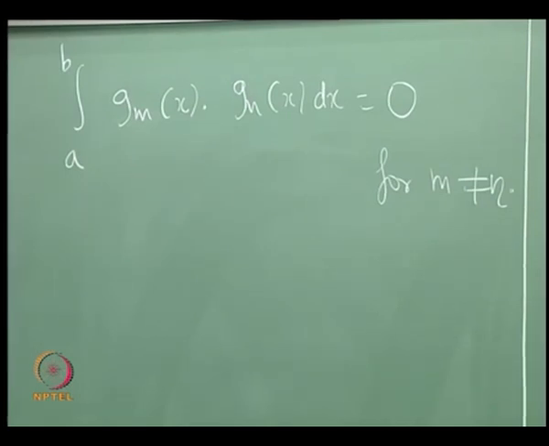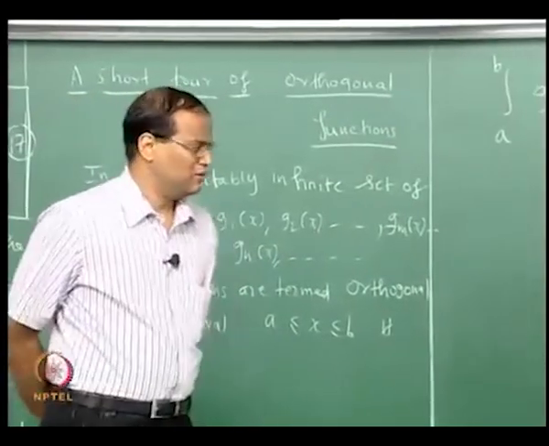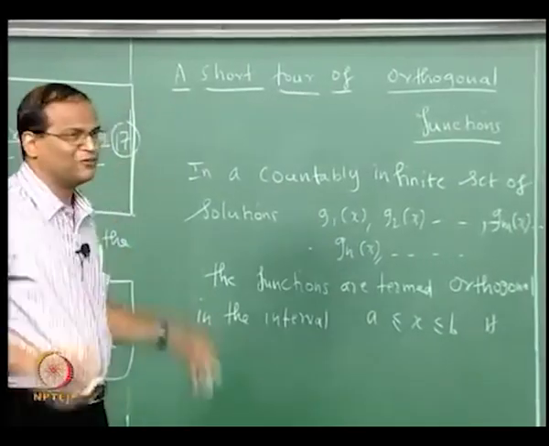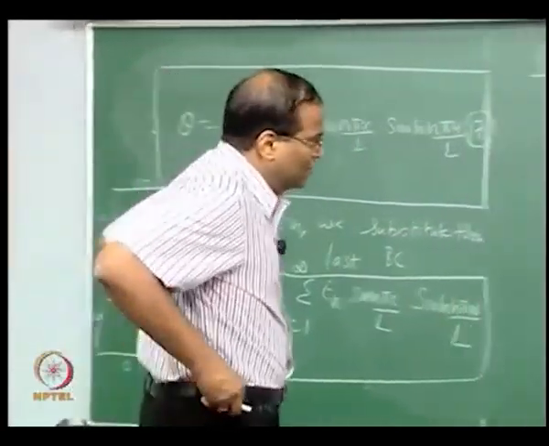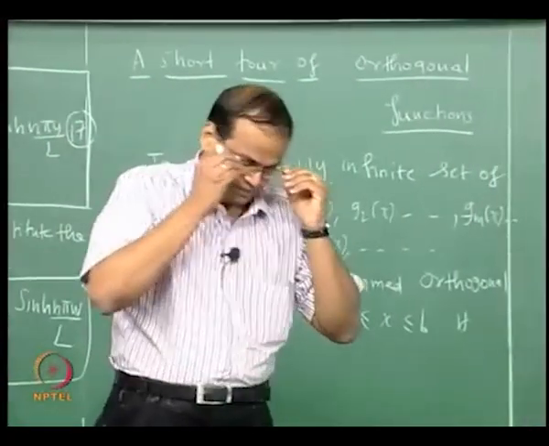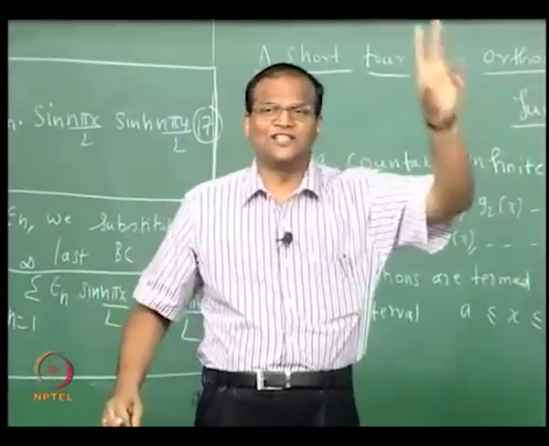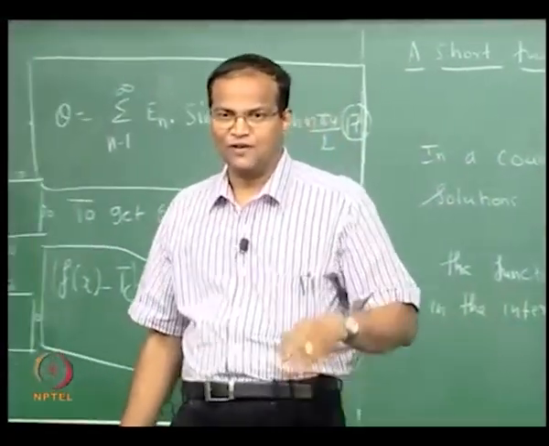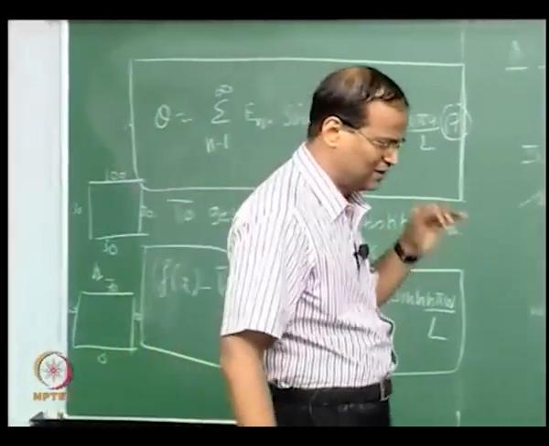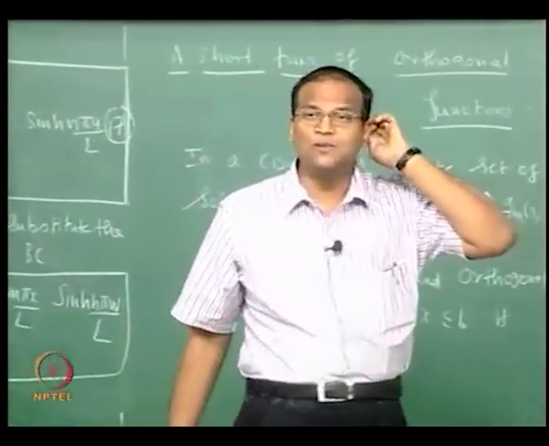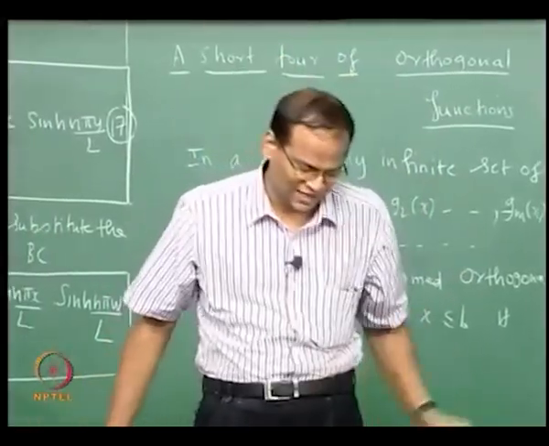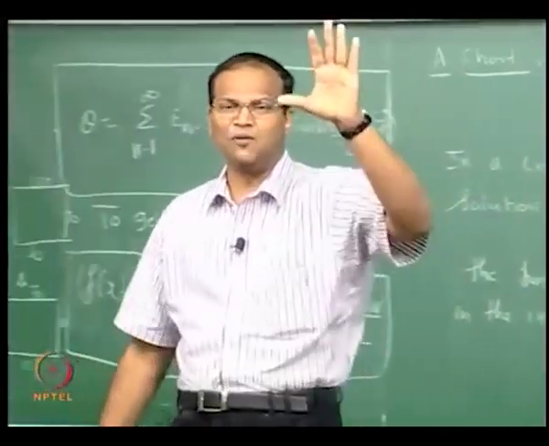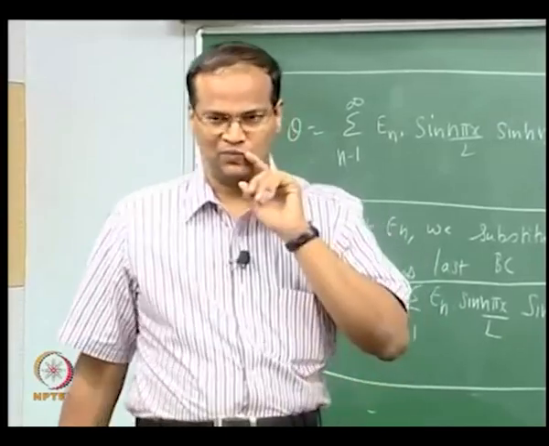okay. Now what is the big deal about it? They found some functions g1, g2, g3 that are orthogonal, what is the big deal. Now if f of x is an arbitrary function of x, we are exploring the possibility of representing f of x as a linear combination of orthogonal functions,